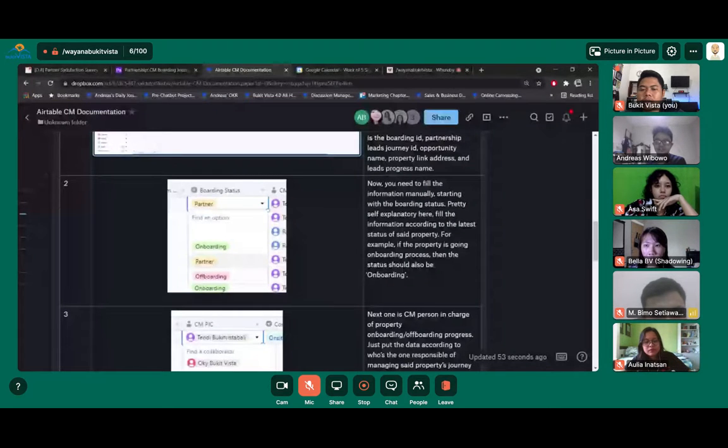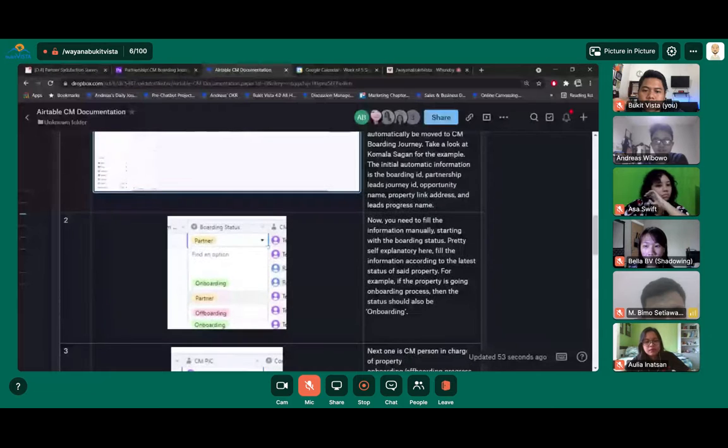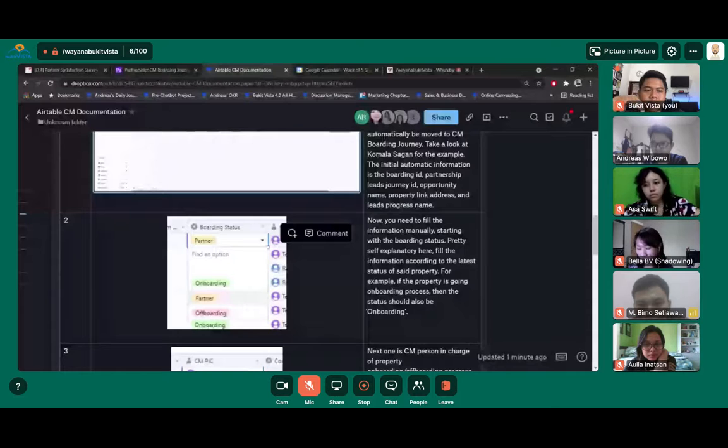The first thing you need to input manually is the boarding status. It's pretty self-explanatory. Just fill in the information according to the latest status of the property. For example, if the property is currently in the onboarding process, then the status should be onboarding. If the property has already passed all of the onboarding steps, then the boarding status should be partner, and so on and so forth.